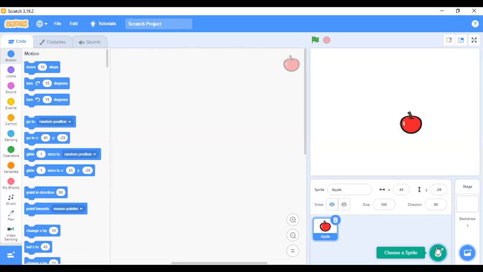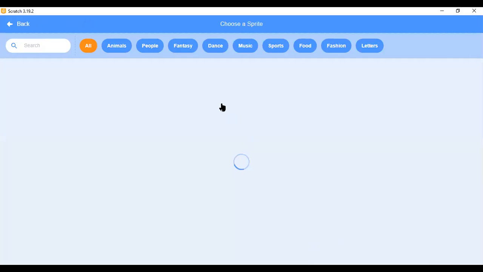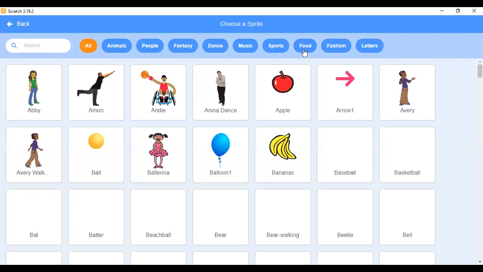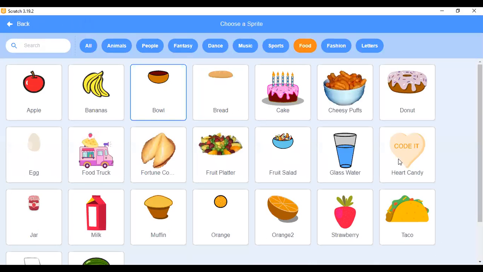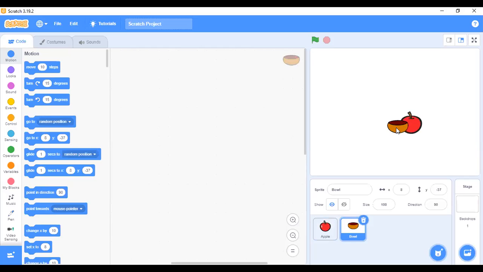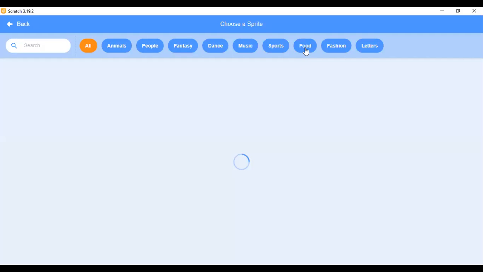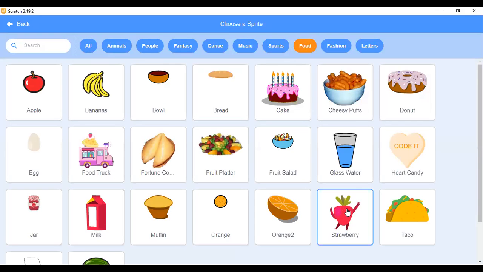Then I'll go to choose a sprite again. I'll go and look for the bowl. So I select the bowl. I've selected the bowl. I've brought it to the stage. I'll drag it down. I'll go again. I'll select the strawberry. For those who are just joining, just pay attention. I'll select this.